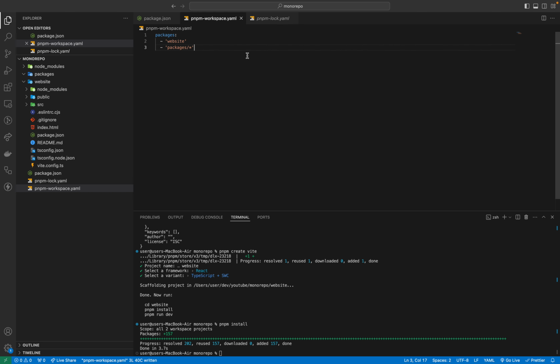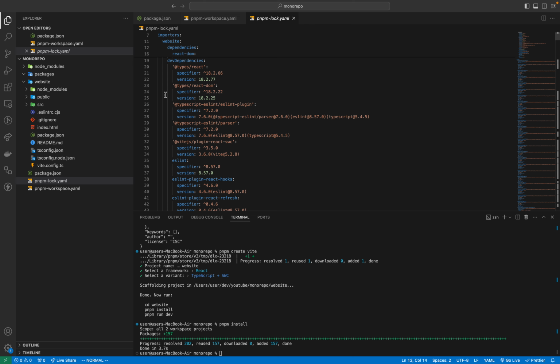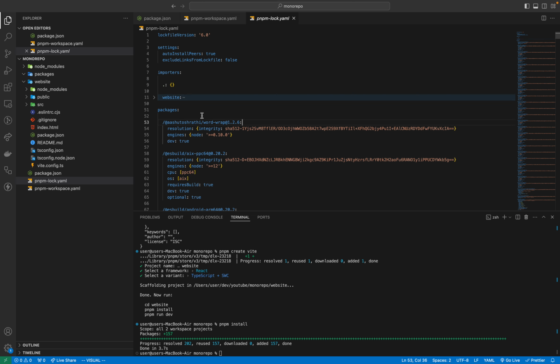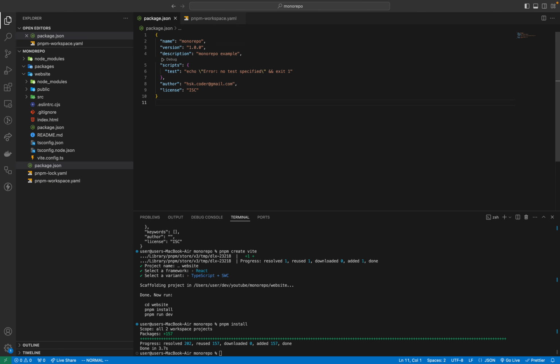This is because we added website as a part of a workspace from here. So as you see, you can see the website package, and in the package.json,